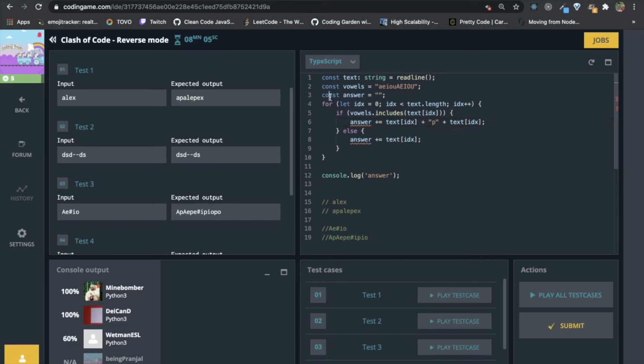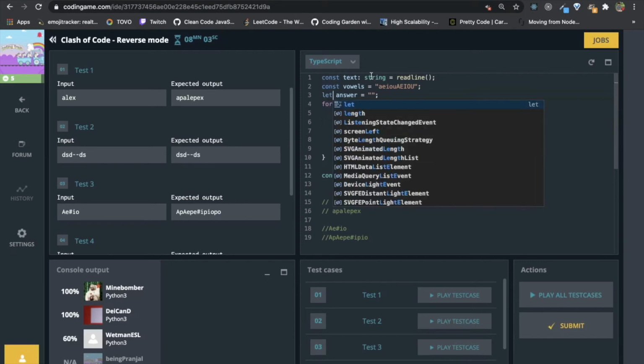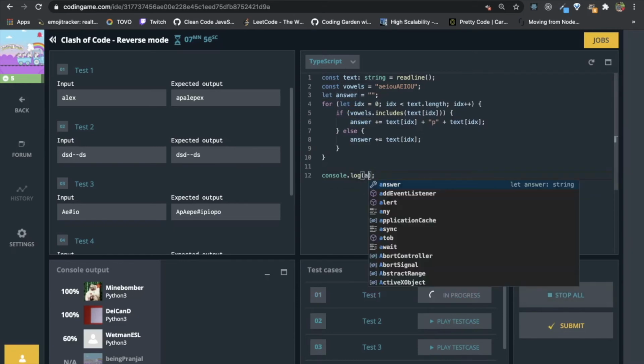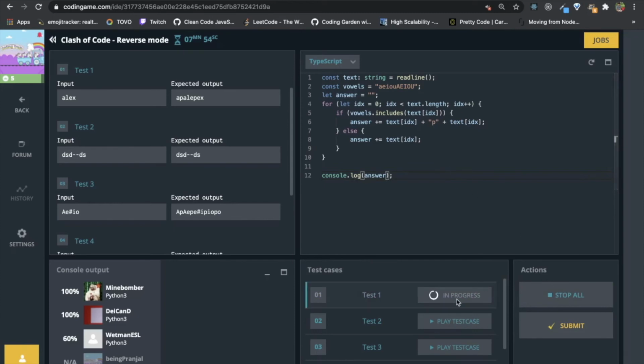Now we have to declare it with let, because a constant cannot be mutated. Sorry, we can do answer here. Now play all and progress.